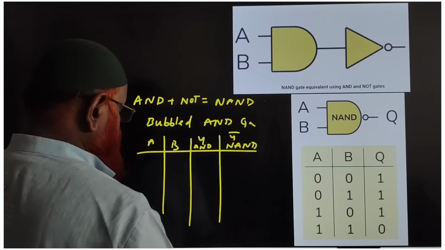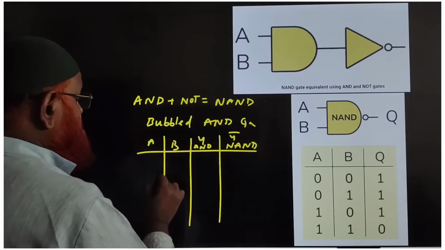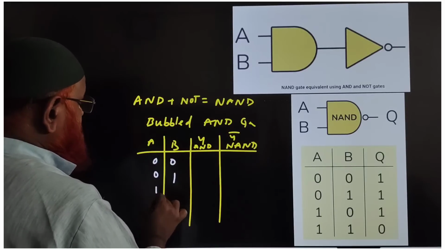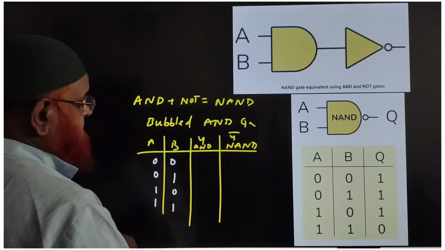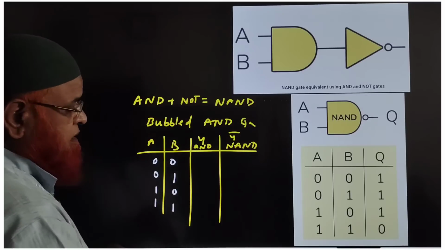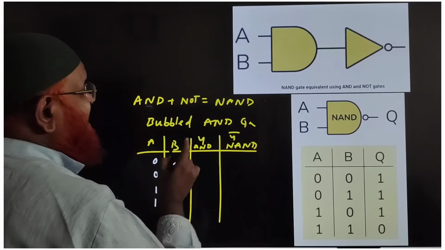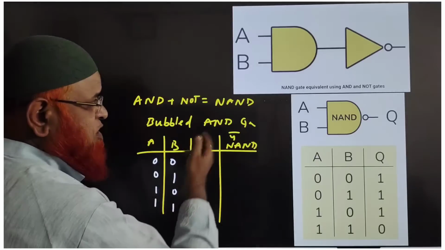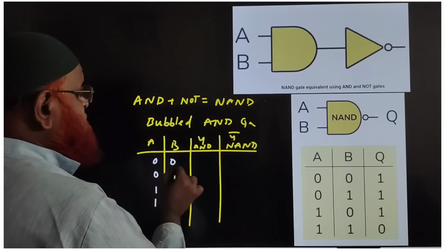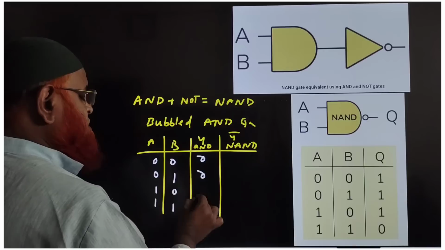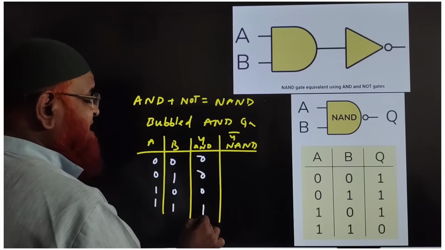Is it clear? Yes sir. So inputs 0 0, 0 1, 1 0, 1 1, isn't it? And what is the gate here? That is said to be the multiplication operation, and it does multiplication. So 0 into 0 is 0, 0 into 1 is 0, 1 into 0 is 0, 1 into 1 is 1, and